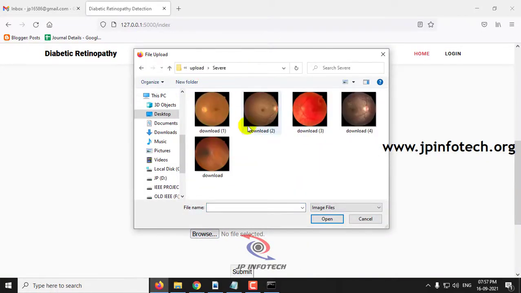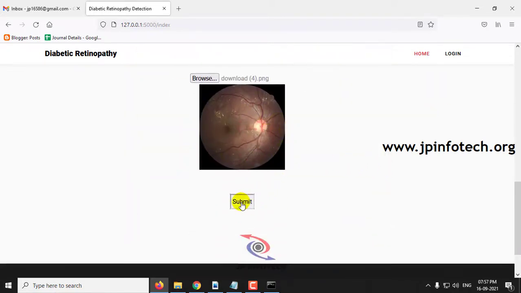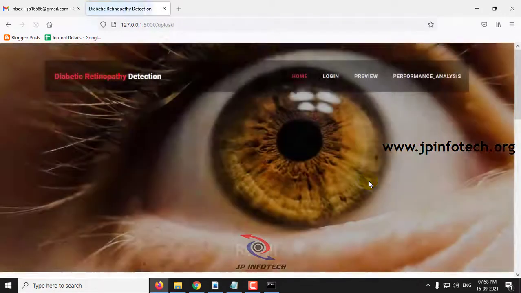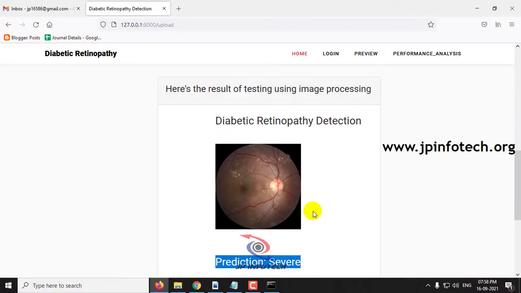Let me select any of the images, let it be this, and click the submit button. Here you can see the prediction result is severe. In such a way you can also check with the other test images. For this scenario I have shown an image from each class.